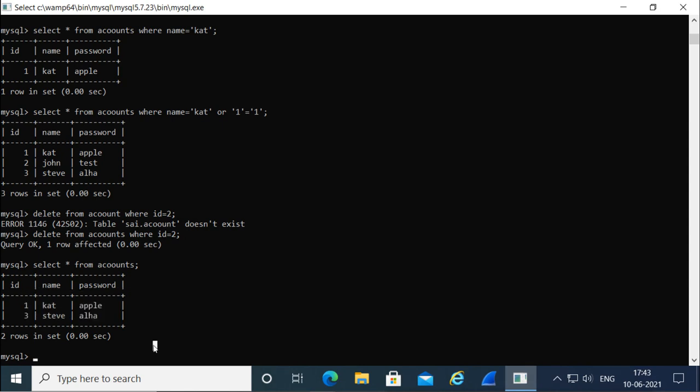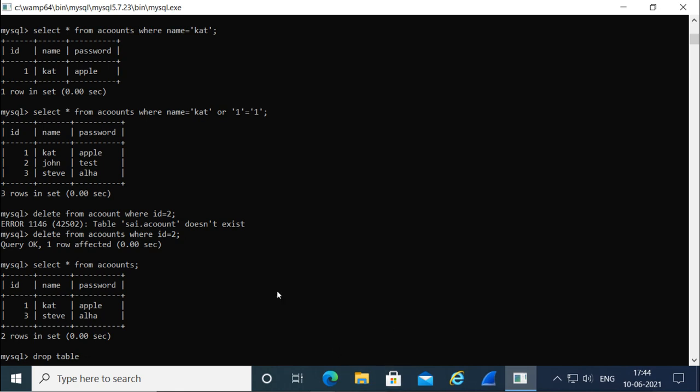Even the whole table can be deleted. For deleting the whole table, it will run a drop command, actually dropping the table. Dropping the table means it is actually deleting the table. For that, it will just run drop table.